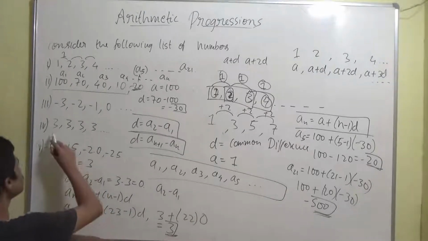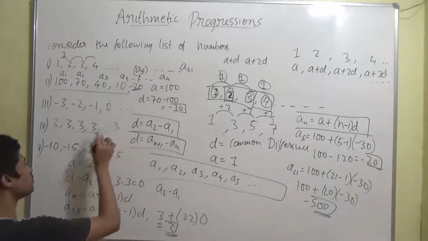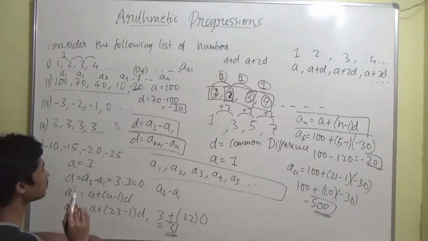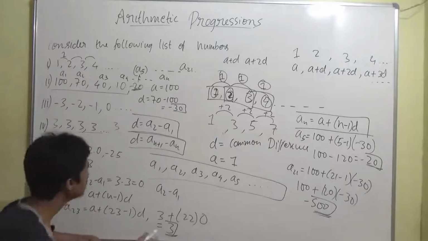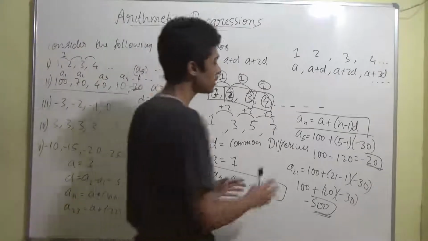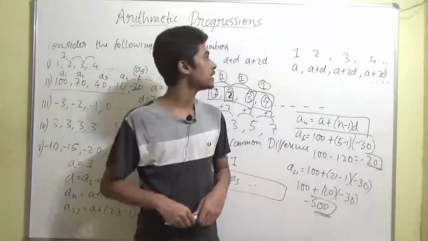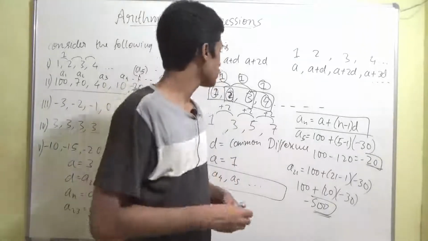Getting it, guys? In this series, if you see, everything is 3, right? Any term in this series, you will get as 3 itself, be it 21st, be it 29th, be it 34th. All the terms in the series are going to be 3 itself. That's how you'll be using that formula. So please make sure that you learn this formula now itself, guys, because it's very important. Yeah, guys, now you can take the screenshot.